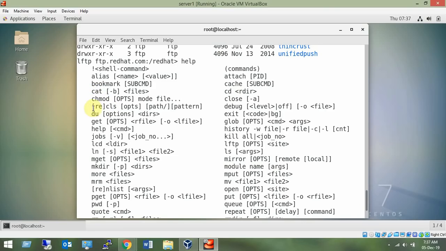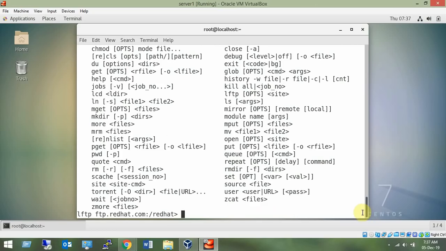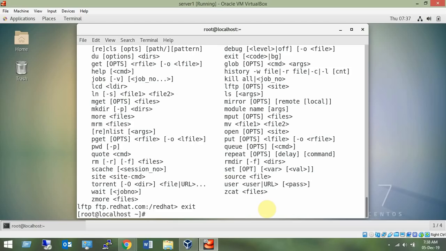Chmod. So these commands you need to practice, you need to try, you need to search. I must tell you that you are not going to use them in your day-to-day life, but some of the commands you may find useful sometime when you are working on an FTP client like this. But of course we have better clients nowadays, like FileZilla, which is an excellent client. Let me show you. This is also an FTP client.